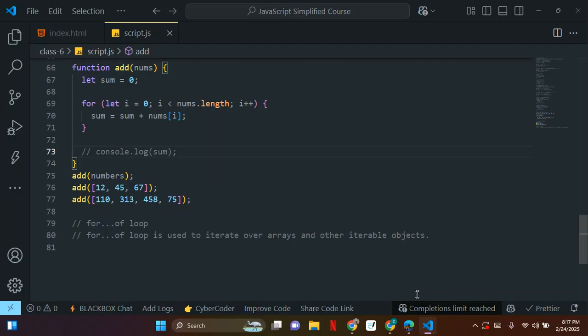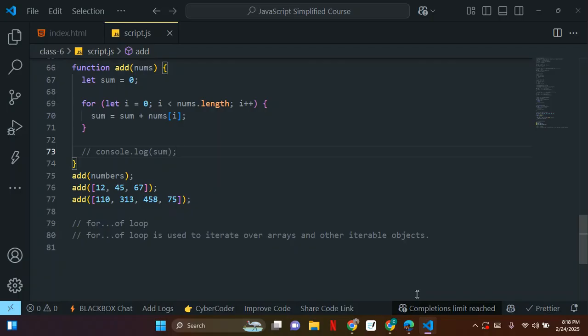Okay. So the for loop, or the for-of loop. The for-of loop is quite different from the for loop, but they all still perform the same thing. So we use for-of loop on arrays and iterables like arrays, strings, map, and set. You get that now? So the for-of loop,